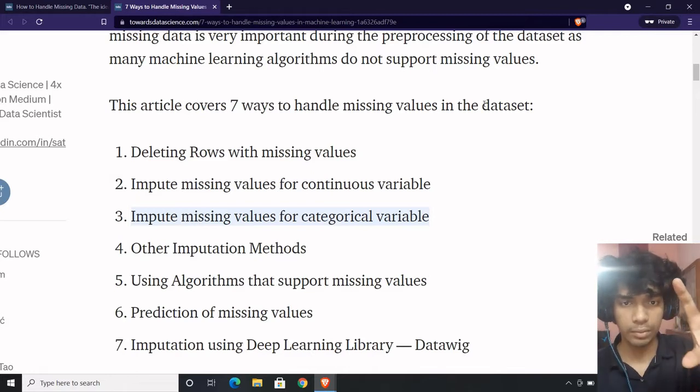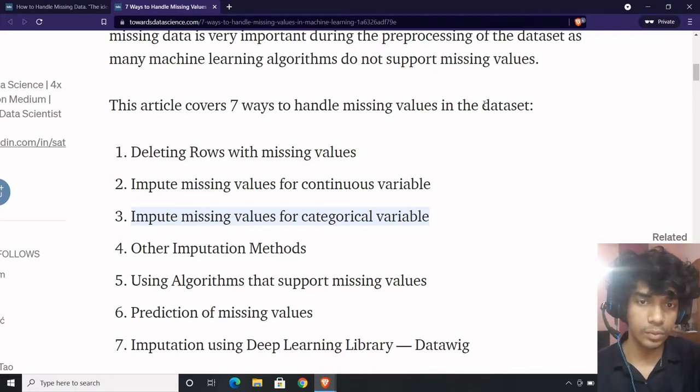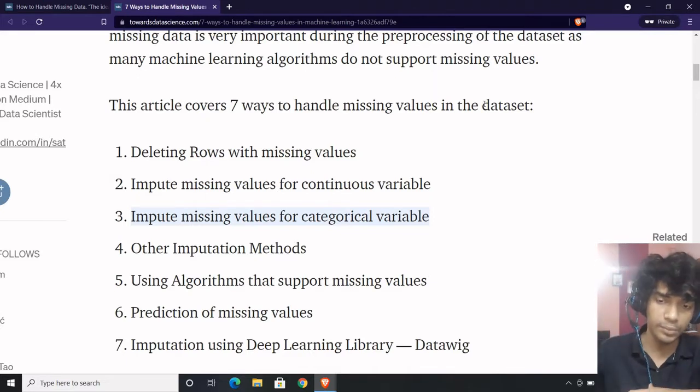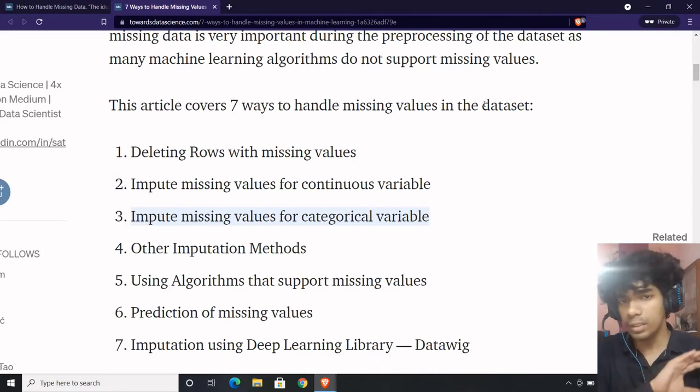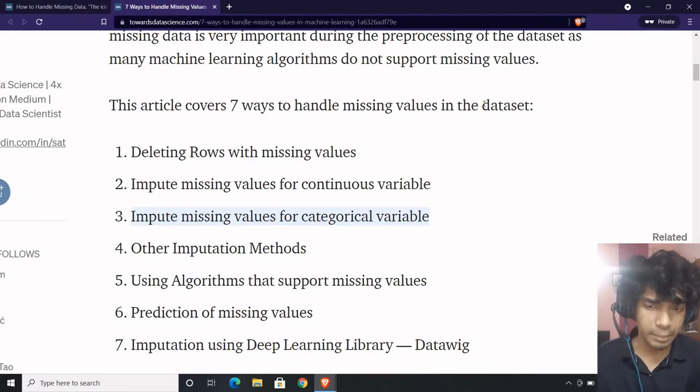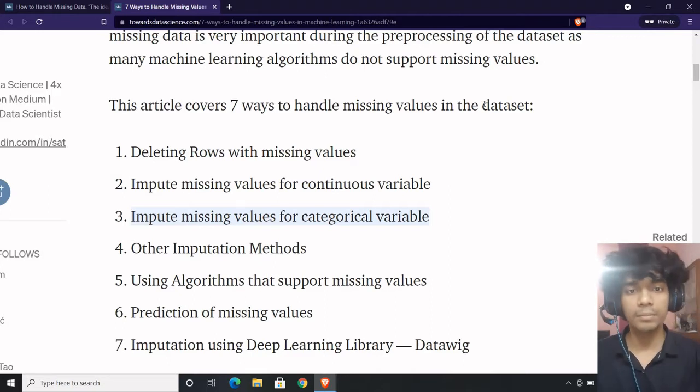Let's say you have a column which has 90% of the missing values. In that particular case, it would be much more preferable that you go by deleting the column rather than deleting the rows. Right? Because if all the other columns have their values intact, it doesn't make any sense that you delete the rows. You can delete one particular column if it has more than 90% of the missing values, depending upon what the column provides. If the column does provide quite genuine information,